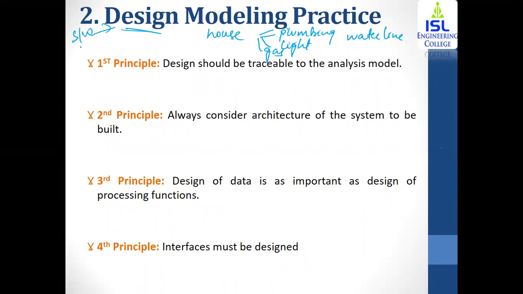Now there are certain principles that need to be followed while you're going for the designing part. The first principle is that design should be traceable to the analysis model. Within the analysis model, we have identified how the software is going to behave, what type of data is used, how you're storing the data, how data is processed, or what the external environments are.